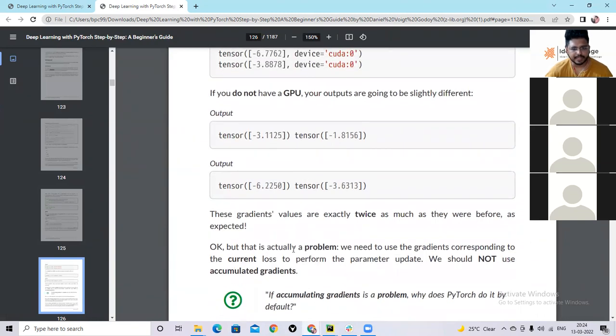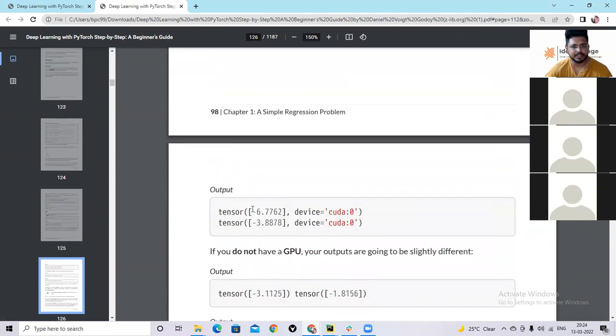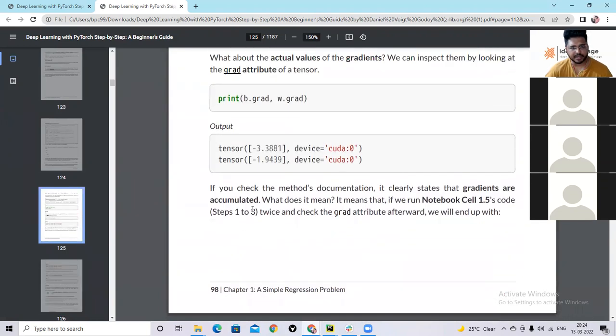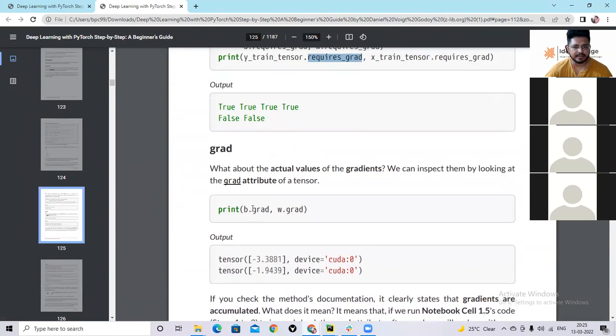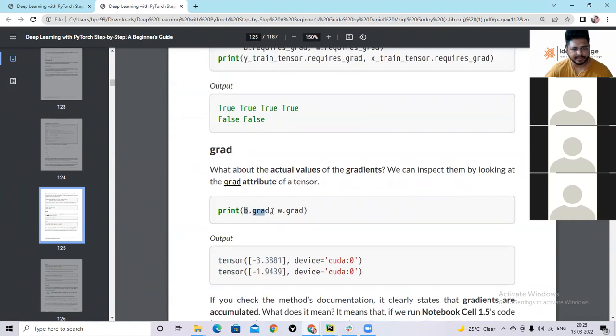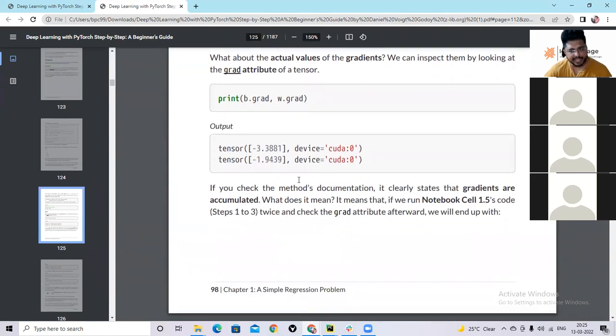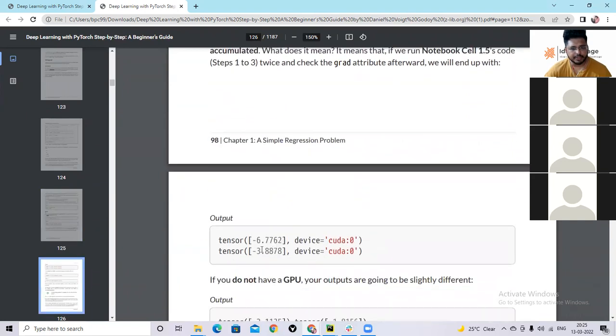So we'll come to the accumulating gradients problem. What he is telling here is that when you print B grad and W grad, it gives -3 and -1, which is correct. For our first loop, we will get -3 and -1. If I loop it again, it will become -6 and -3. If I loop it again, it will become -12 and -9.